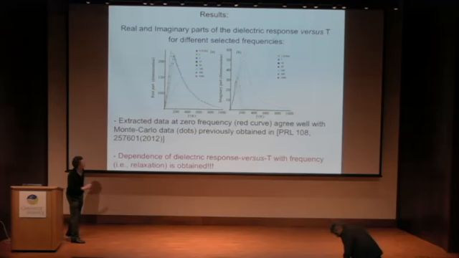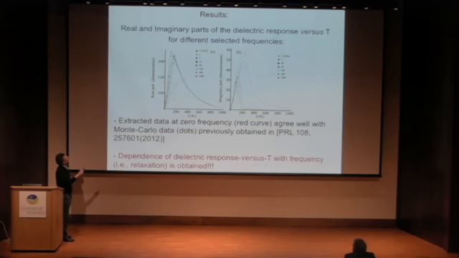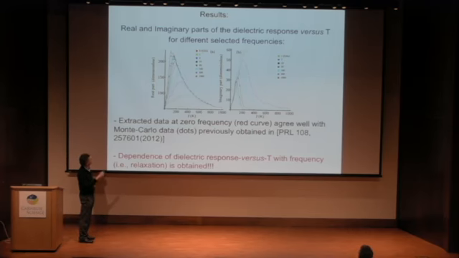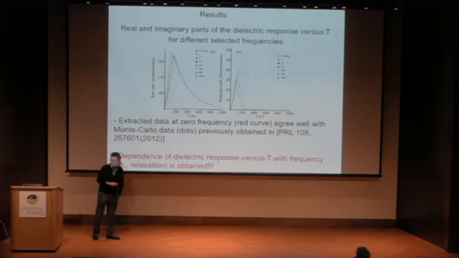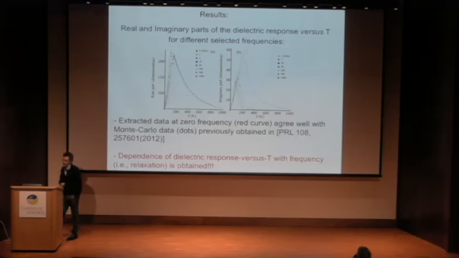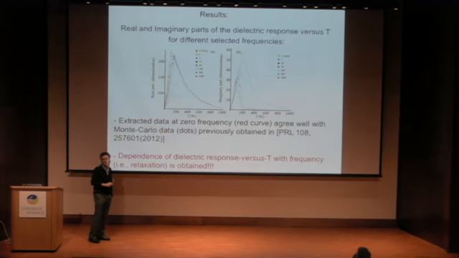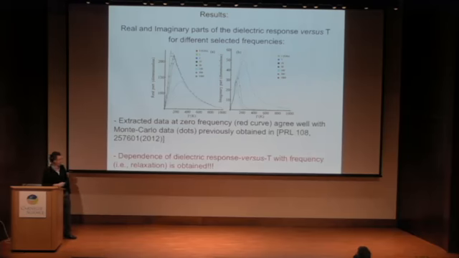10 minutes, perfect. You do see, for example, that the dielectric response depends on your frequency. And as you increase the frequency, the maximum goes down and is shifted towards the right side. There's also a nice thing that Alex pointed out. We said, okay, you should also look at the imaginary part of the dielectric response, because there is a relaxation which is a little bit different from the real part relaxation. In particular, at low temperature, it should not depend too much on frequency. This is what we found. This is known as the constant loss behavior in relaxors.